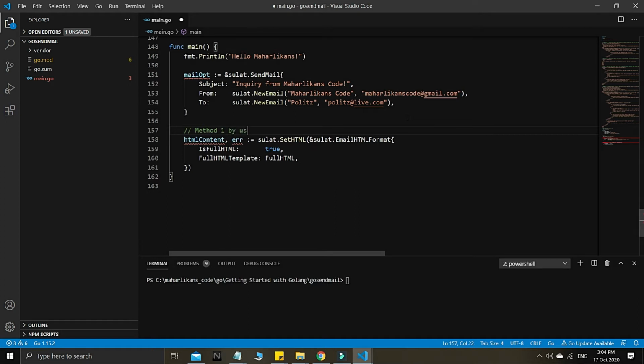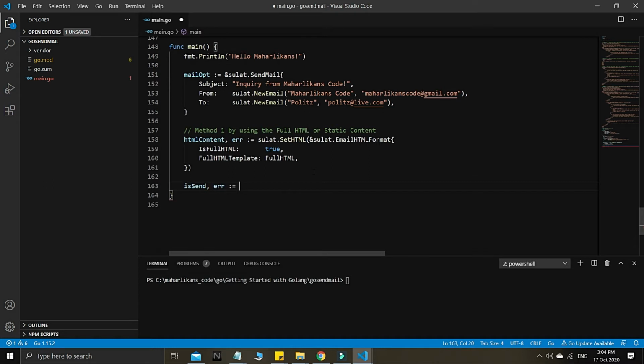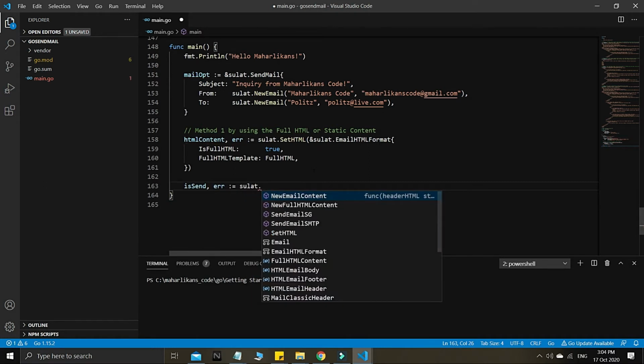Method 1, by using the FullHTML or static content. Shall we say that, guys? Okay, so we try this static HTML first and see what will happen, and then I will use another one here, the setting. I just want to detect this one is a boolean here. Then send